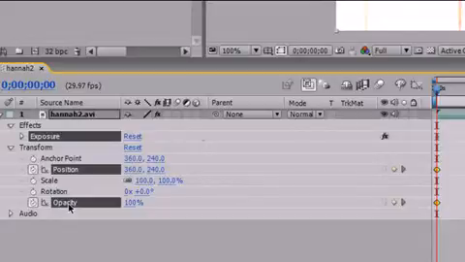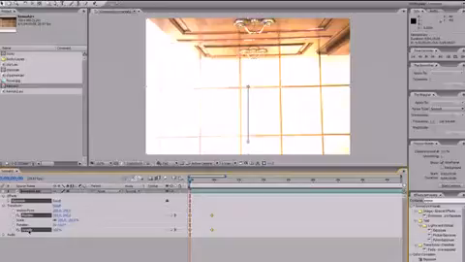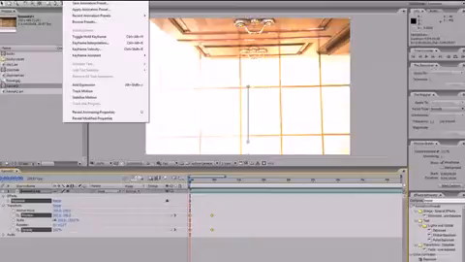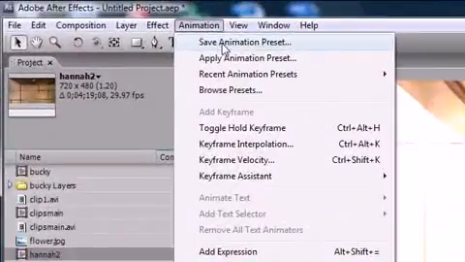So that's a real quick tutorial on how you can use presets. If you say you did something with color correcting and you're making a whole movie and you want to apply it to a bunch of scenes, or you got a real cool animation that you worked on a long time and you want to apply it to a whole bunch of layers, this is how you can do that. So again, anytime you want to get a new preset, just click animation, save animation